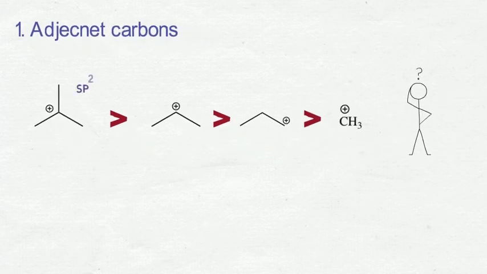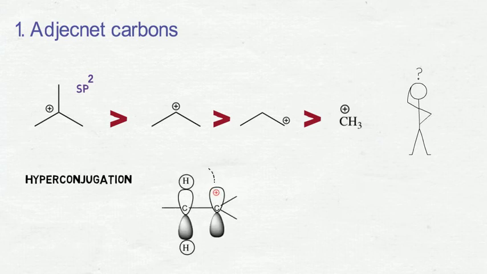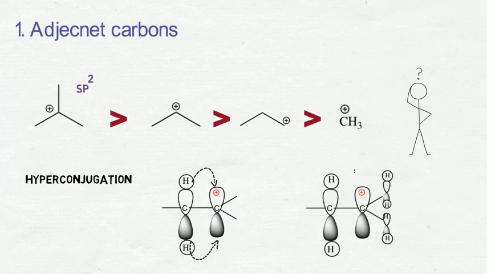Carbocations are planar molecules and sp2 hybridized. This means that they have an empty p orbital. The empty p orbital is stabilized through hyperconjugation, which is the weak donation of sigma bond electrons into the empty p orbitals. The sigma bond must be parallel to one lobe of the empty p orbital. Thus, the more alkyl groups there are on the carbocation, the more possibilities there are for hyperconjugation, and the more